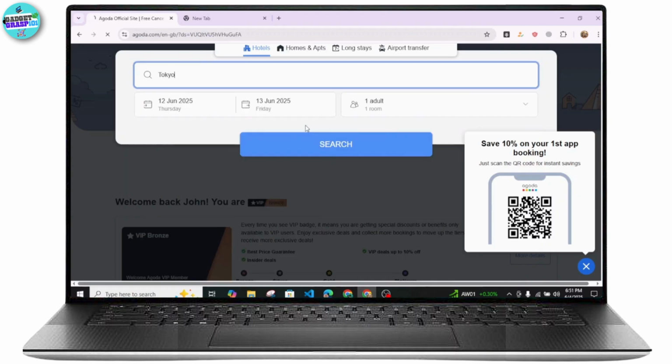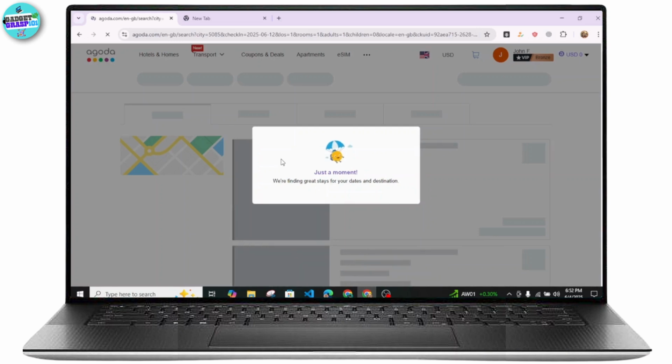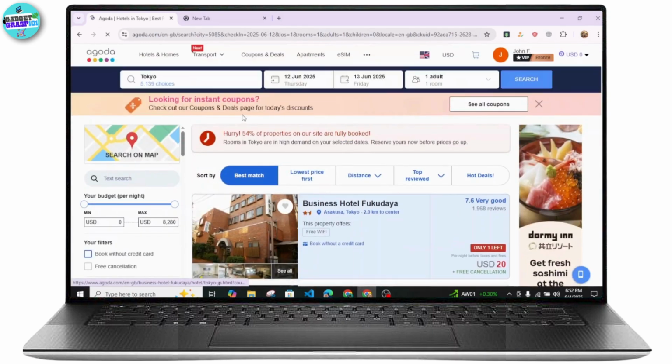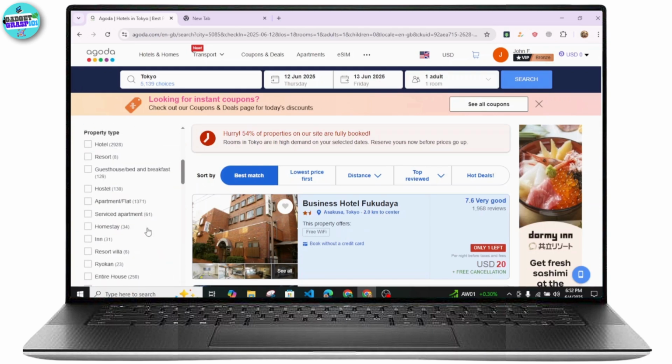So I'll simply search in for Tokyo, Japan for now, so that I can get the hotels from that particular area. Once you're searching for that location over here, you can simply come over to your left section, and here you should see the option regarding payment. So I'm simply searching for that,